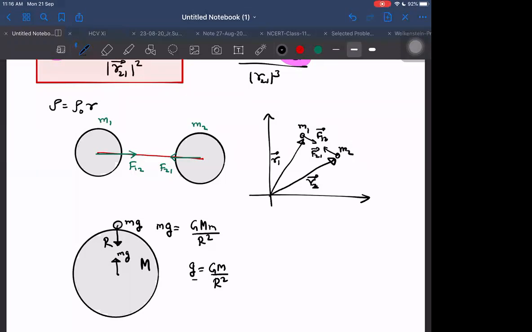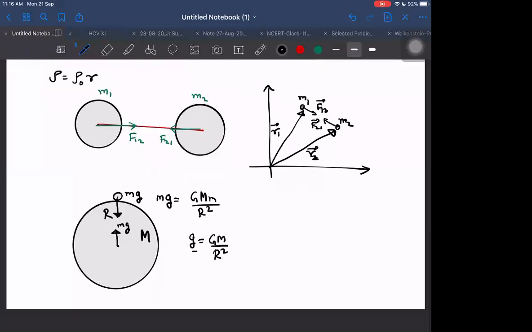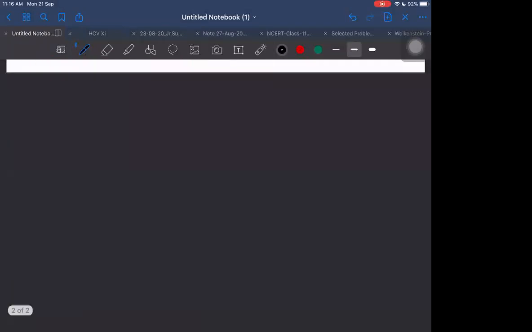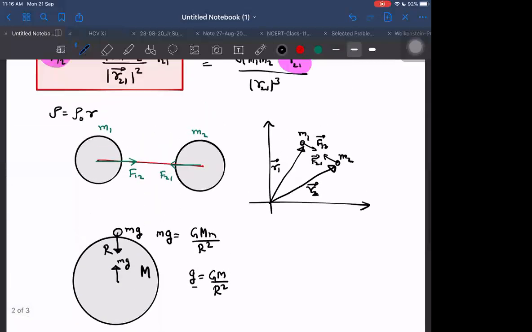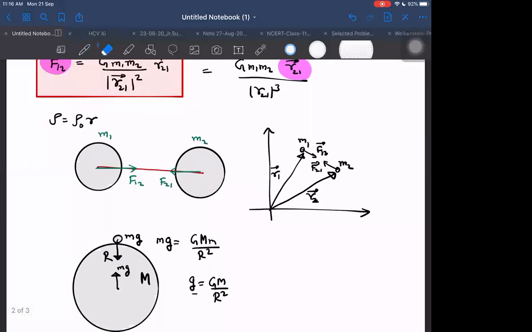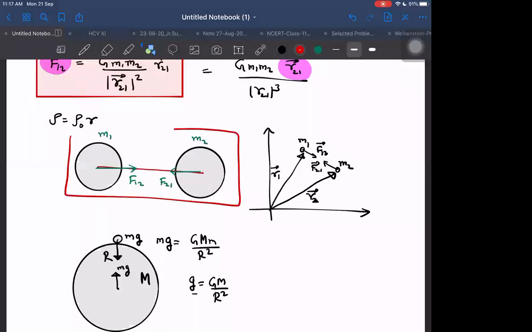This is what we are writing, and okay, fine. Now let us move on to the next thing, and how we got it. Here I have not given you any proof for it as of now, but you can believe me for the time being that it will be valid even for bigger masses, but the masses should have a spherically symmetric mass distribution.